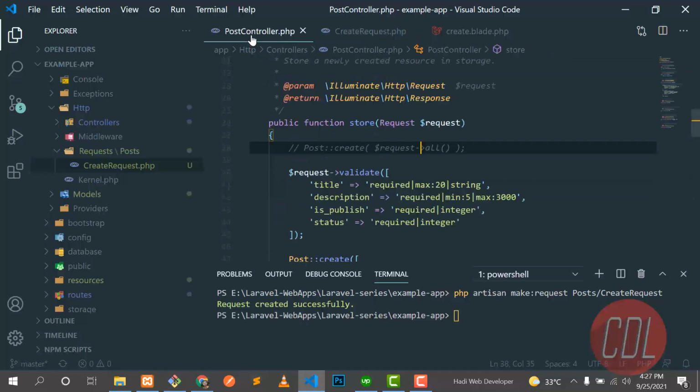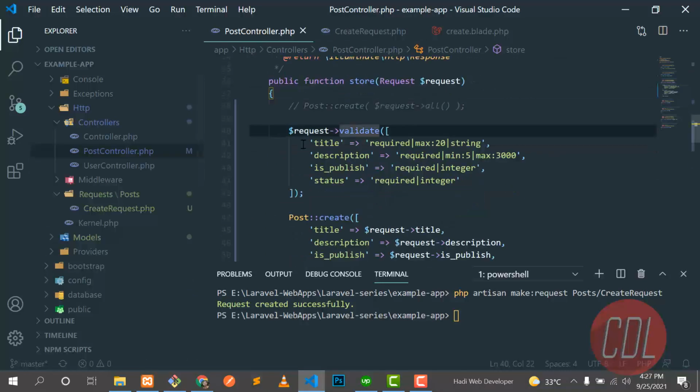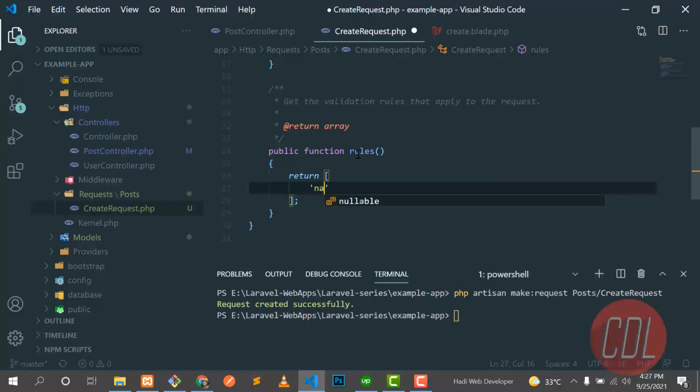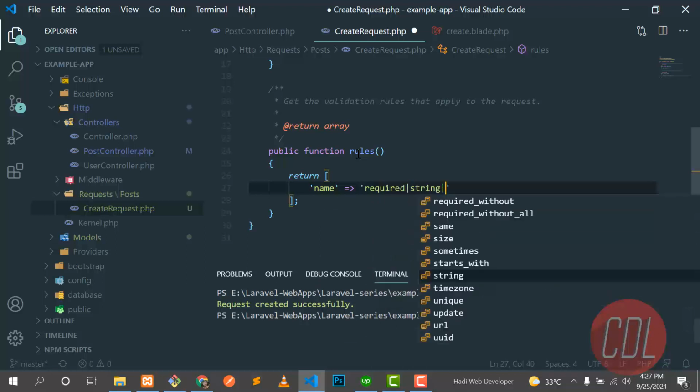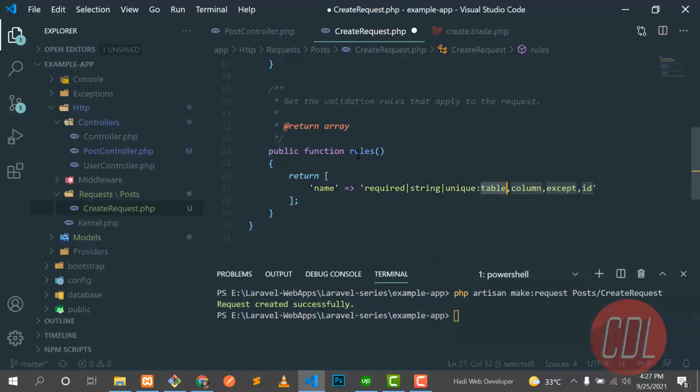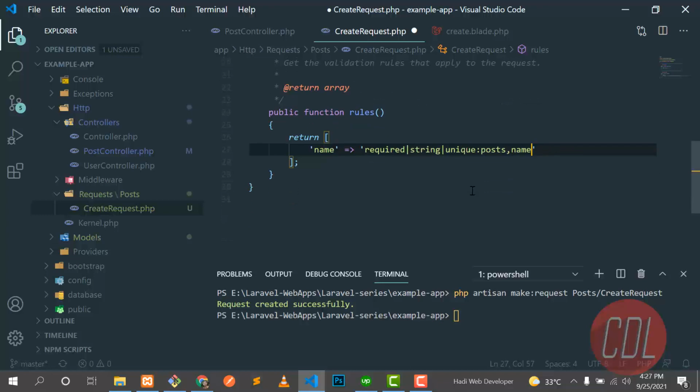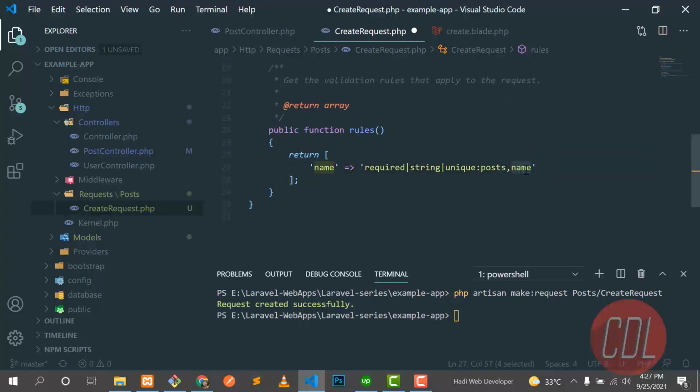In the previous video we defined them in the validate method right here, but I want to cut them from there, and let me first implement one by entering it manually. The name should be required. My text editor is suggesting it, and this should be a string, and we can also make this unique. I entered unique, and it first asks what the name of your table is. My table name is post, and the column name is name.